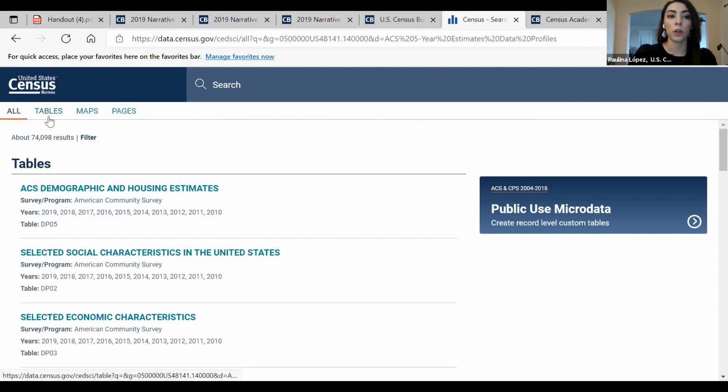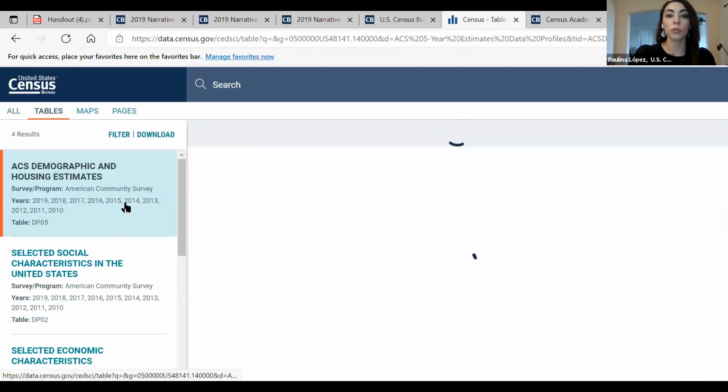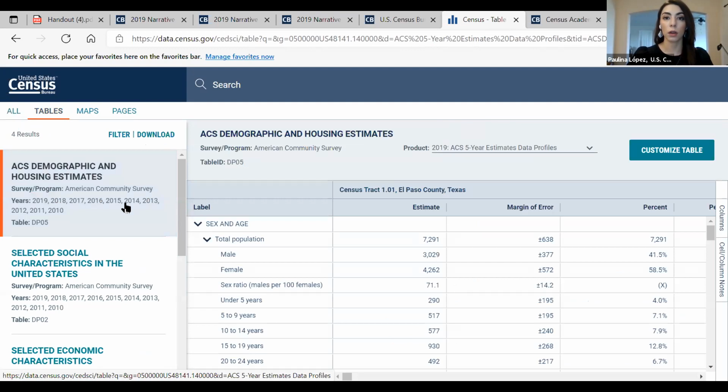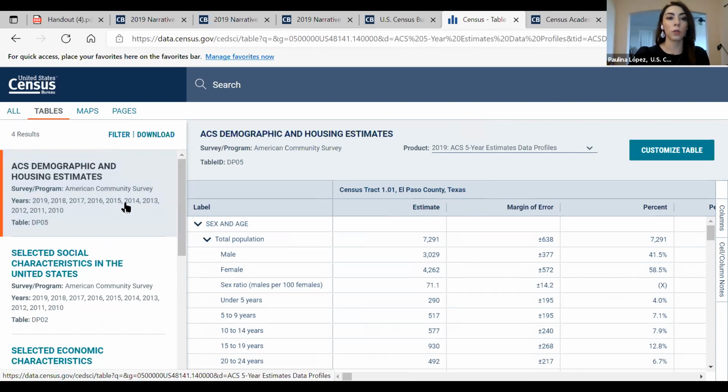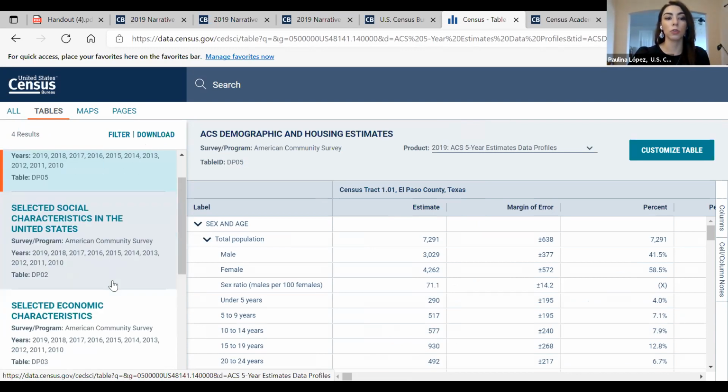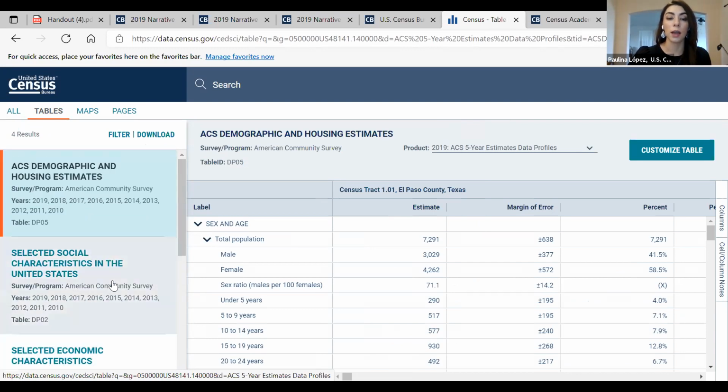When you go to the tables, you'll see the four categories for how data is separated: demographic, housing, social, and economic characteristics. Depending on what you're looking for, you click on the different tables. I wanted to spend some time here to show you the very detailed breakdowns of data that you can get on data.census.gov.